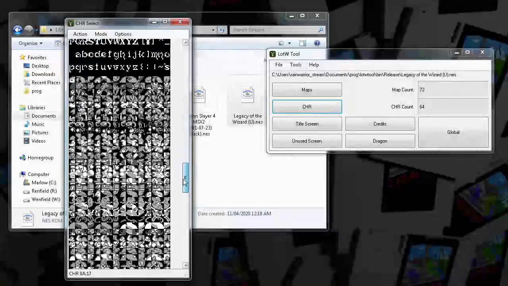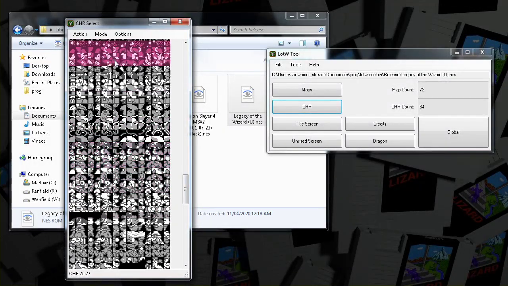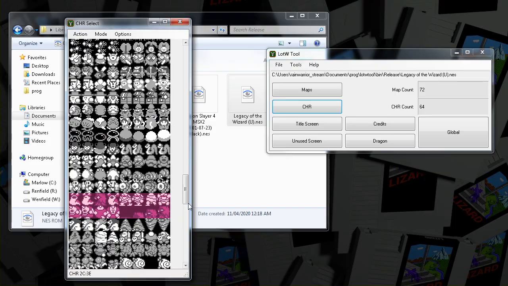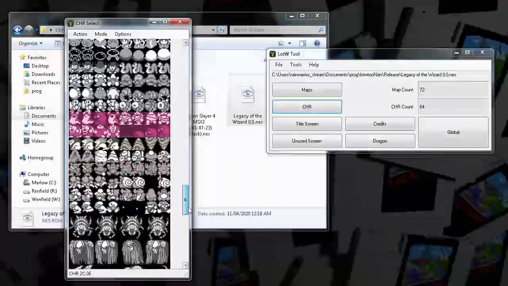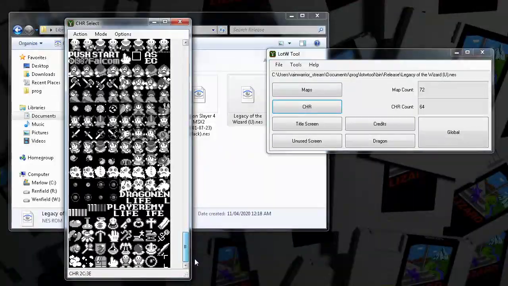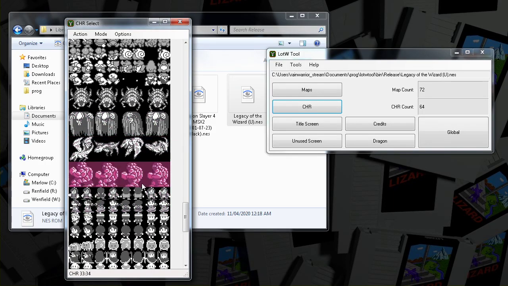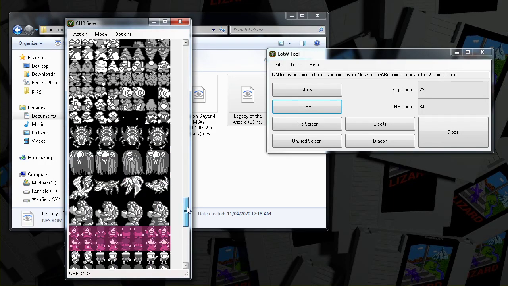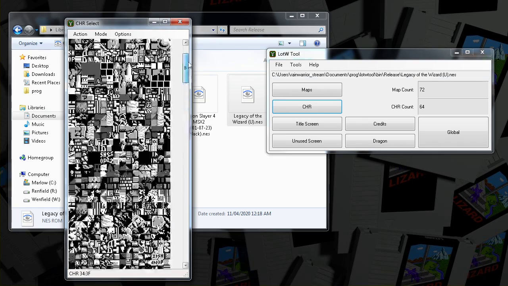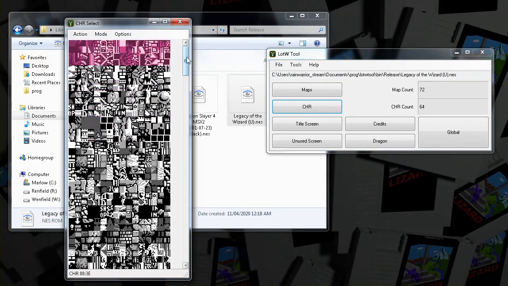You will notice down here that these look kind of jumbled. There are 2 modes: the background mode and the sprite mode. Any CHR page can be used for both, but they're organized differently. So you just switch modes, and now you can see all these really nice character sprites, and these other things will be jumbled now.